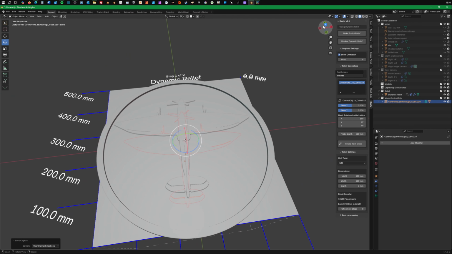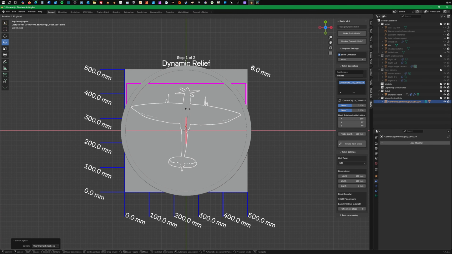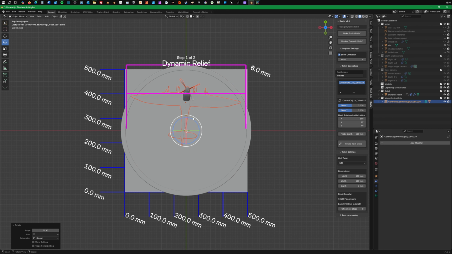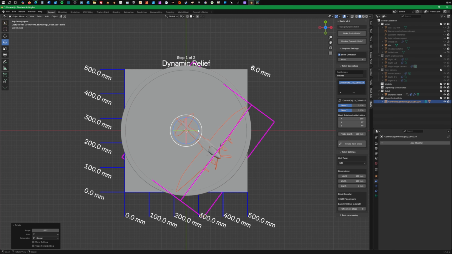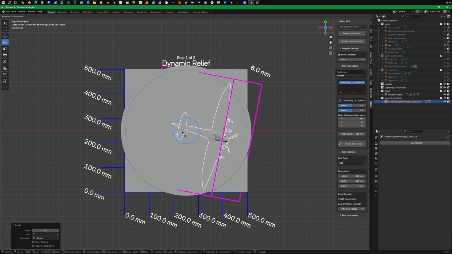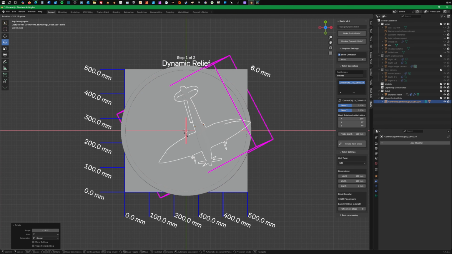It's done that. But the cool thing is that I can, if you'll bear with, let's just turn that around a bit. I'm not used to working with a mouse. There we go.